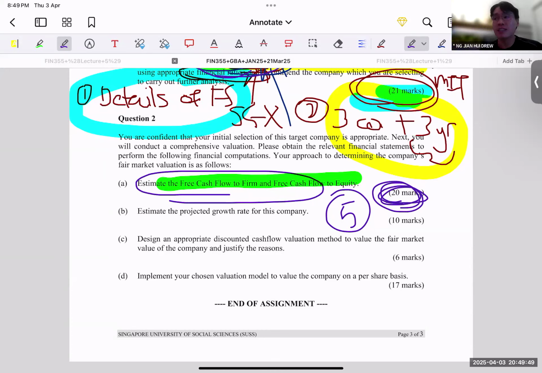Both are fine, but you just need to mention what method you're using. You justify your answer. Both methods are fine. So, for example, with the finance method, you can say that we are going to be a bit stricter in terms of determining what is net working capital by focusing only on operating